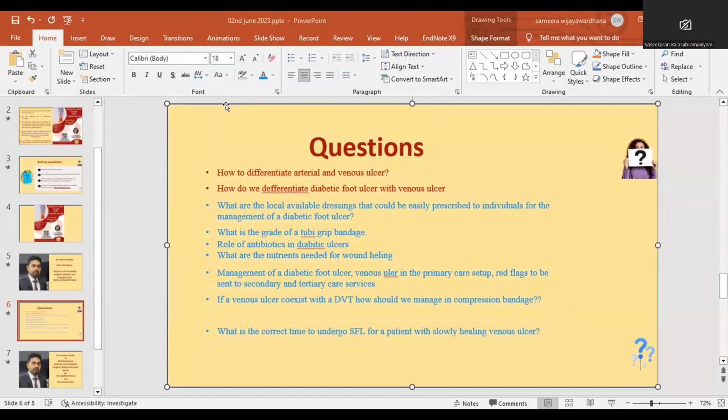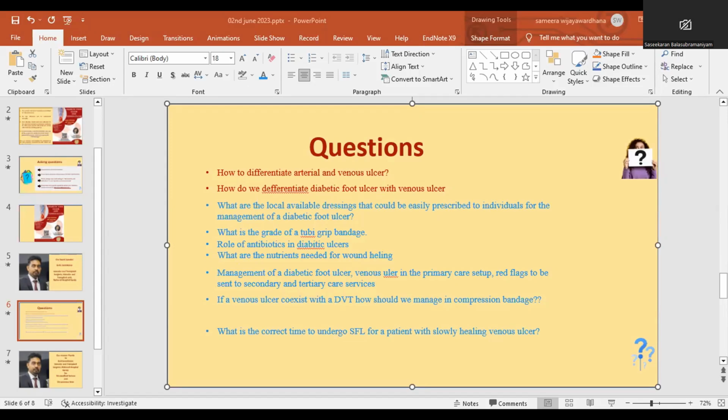Next question is the role of antibiotics in diabetic ulcers. Yes, any acute sepsis needs antibiotic. Ideally, we should have a culture before antibiotic. In sepsis, you start with broad spectrum and narrow down according to the organism and your hospital policy. In some hospitals there are certain resistant organisms, so you have to adhere to your hospital policy. And if it is outpatient, you have to think about what we are treating.